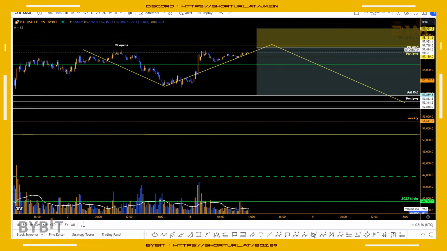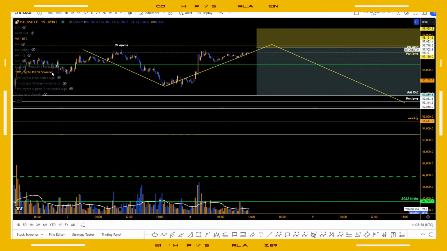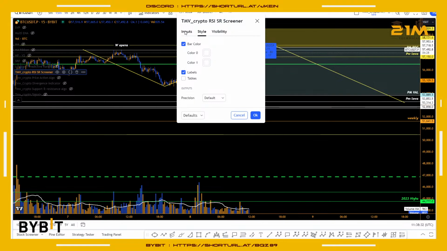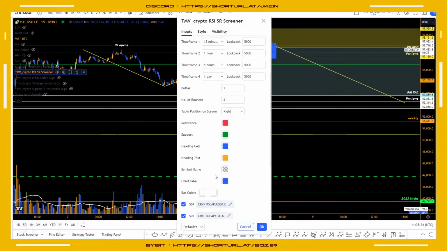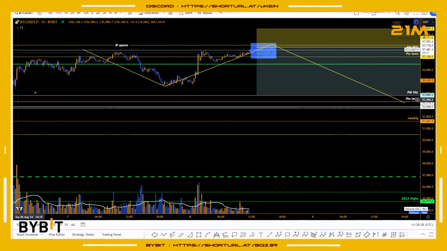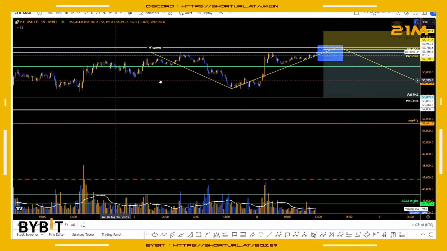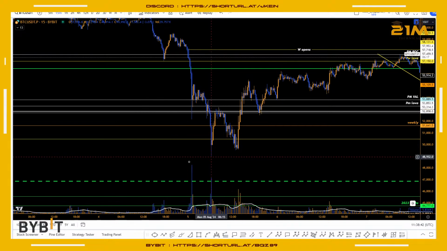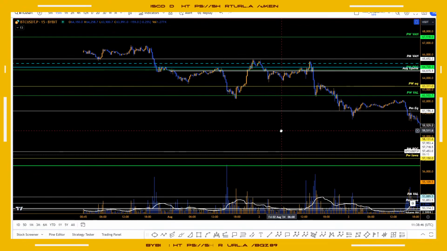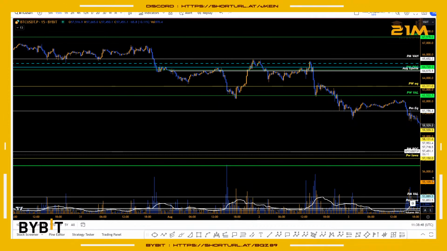Okay, so the indicator is running right now. Let me see the style. Yeah, we have tables, inputs, perfect. We have support resistance levels as well. So you see on the 15 minutes time frame as well, there might be some example. I just want to show you how it finds tops and bottoms basically. Over here you see